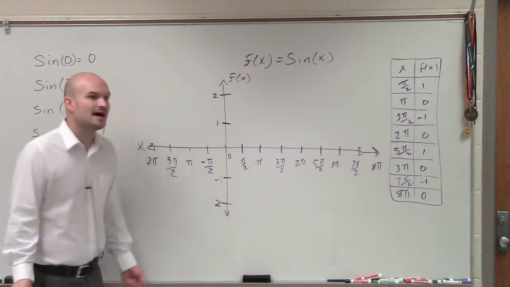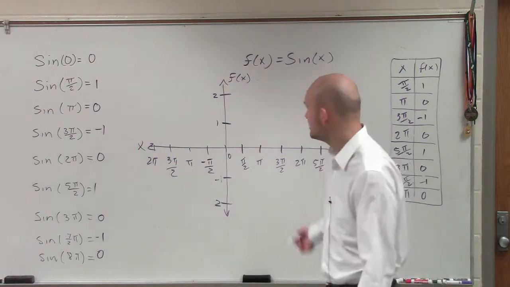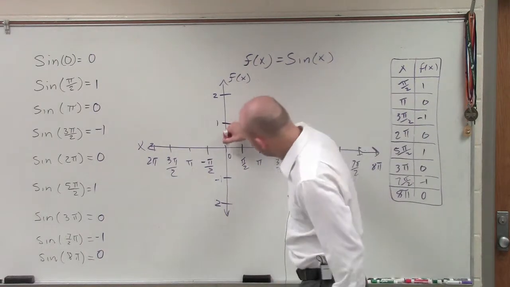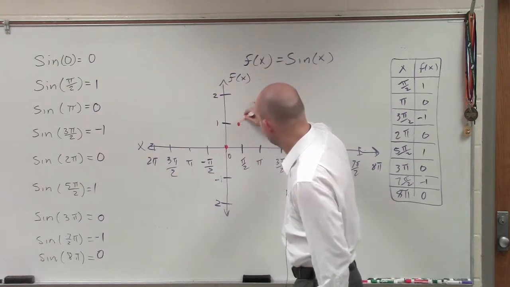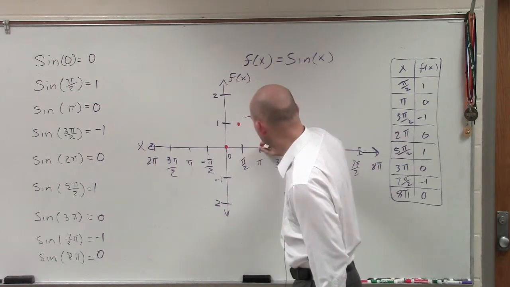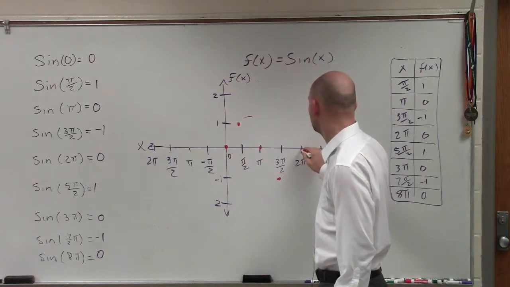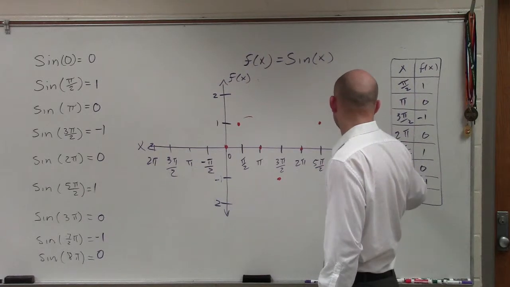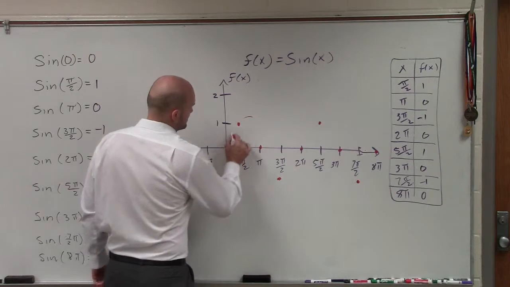All right? So now, ladies and gentlemen, what I'm going to do is show you just how to graph. Same thing. Just make coordinate points. At sine of 0, we have 0. Sine of pi halves is 1. Sine of pi goes back to 0. Sine of 3 pi over 2 is negative 1. Dot, dot, dot, dot, dot. OK? So when I connect my points,